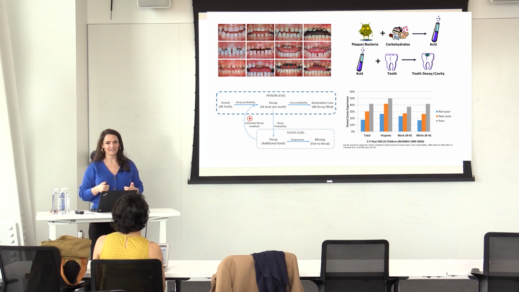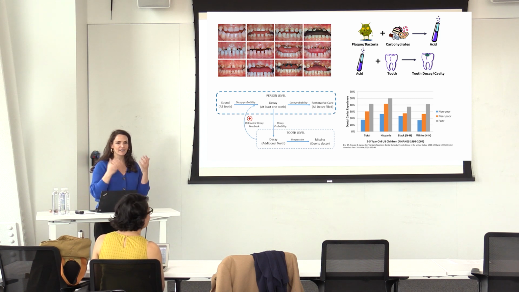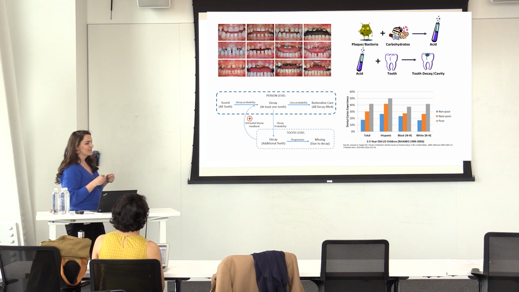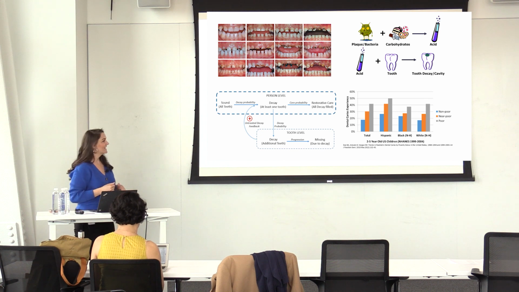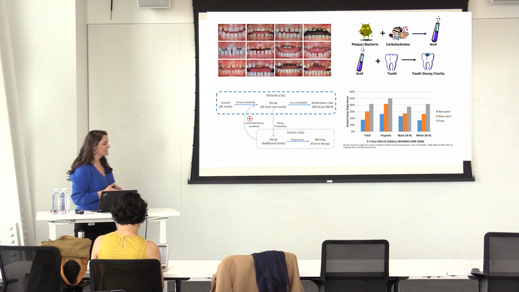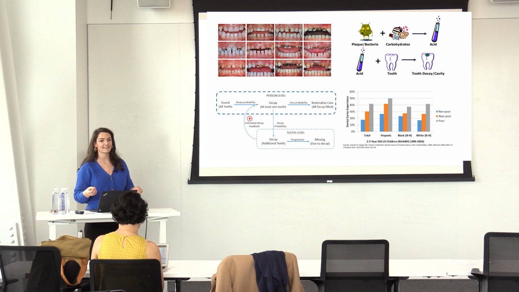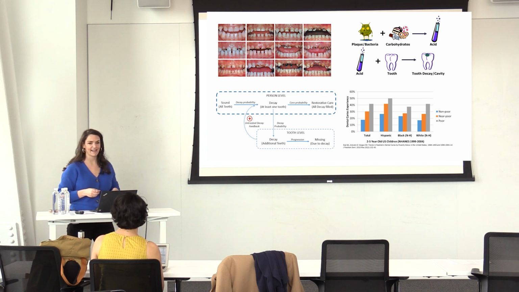You have to have plaque or bacteria. That bacteria feeds on carbohydrates. So when you're eating carbohydrates, that bacteria in your mouth, which is an infectious condition, is passed typically from mother to child. So if you can go with a low bacterial load in your mouth through childhood, you can make it to adulthood without ever having a cavity. Kids are not born with this bacteria. It's passed to them. And when you have this bacteria that can feed on carbohydrates, it creates acid. And that acid is what eats away at the tooth and causes a cavity.